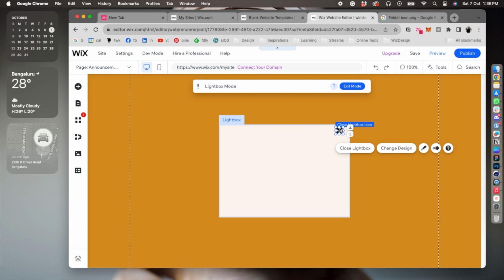Scale it down a bit, and we have something which looks like a window. Now we need this screen to pop up when somebody clicks on the folder icon, right? And the overlay doesn't have to be this dark. So what we are going to do is we will click on the overlay,